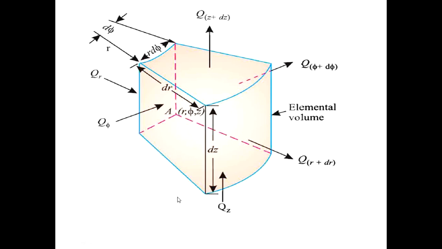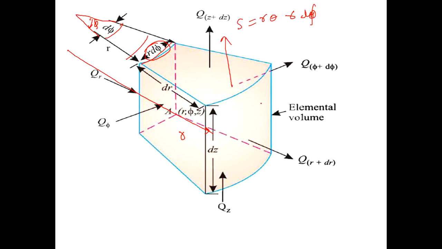The material will be like this, having the radius R. From a particular point it will have the radius R, and if you join this you will get the angle phi, and then somewhere else d phi. According to the S equal to R theta formula, in the same way you will have R d phi, then the Z direction, and the phi direction.